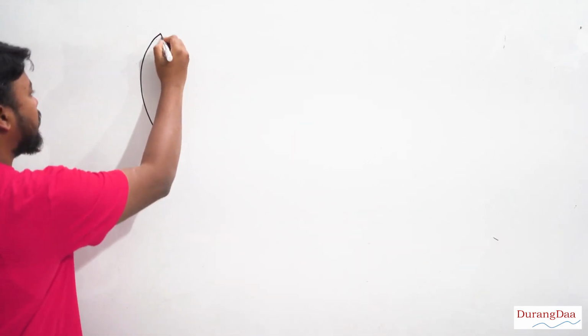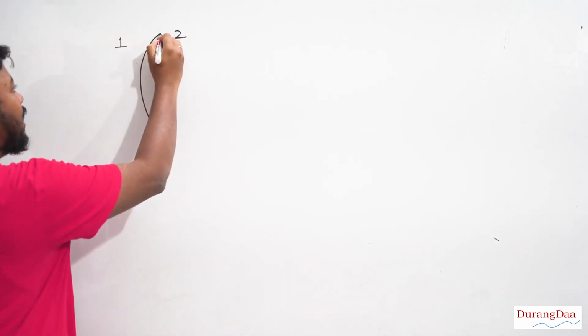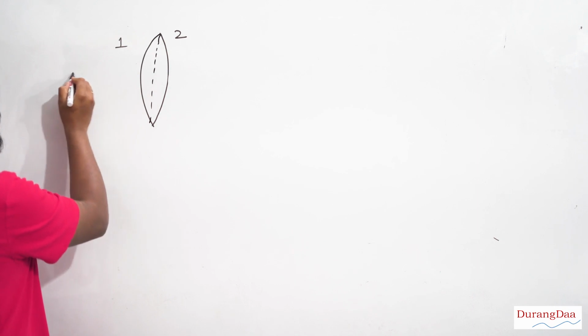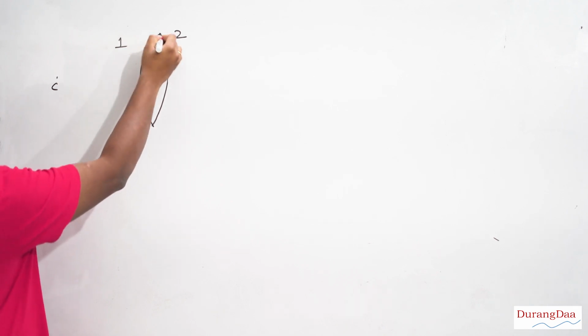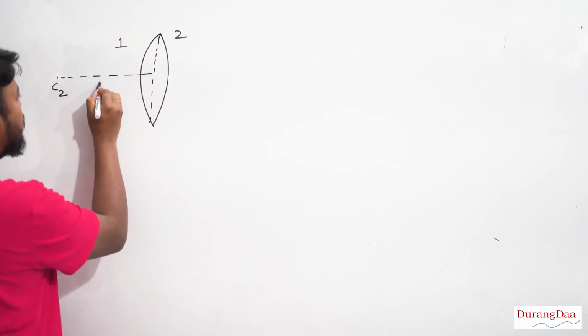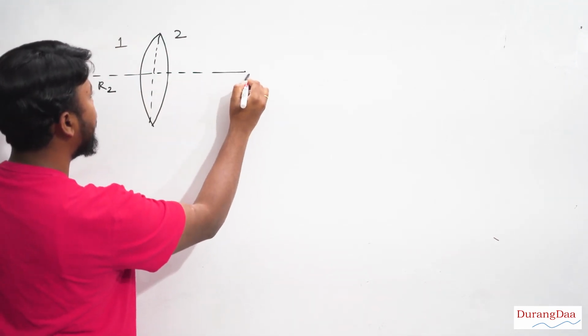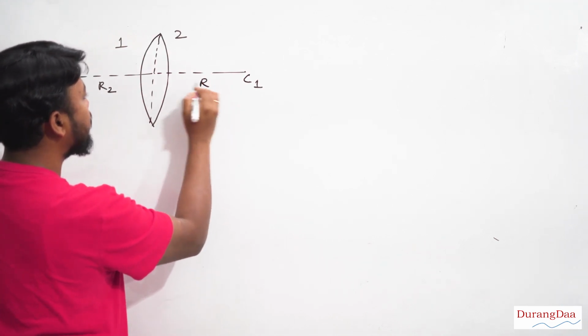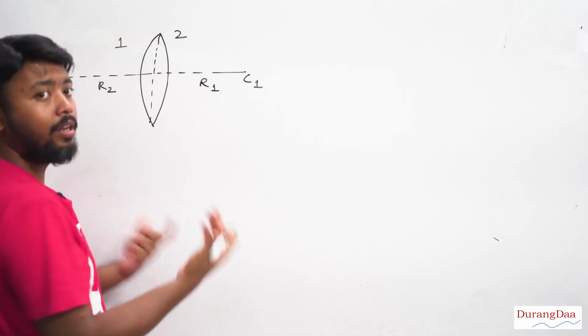Second question, we have to state the condition in which a lens can be called equiconcave or equiconvex. Now, convex lens, all of you know, this is the convex lens, surface 1 and surface 2, already we have studied. Now, it is not necessary that the radius of curvature, that means the distance from the center of curvature, this side, this is for surface 2, this is C2, and this distance, we call this radius of curvature. And if this side also, if we are drawing this side, it would be C1 and the radius is R1. It is not necessary always that both sides R1 and R2 would be equal.